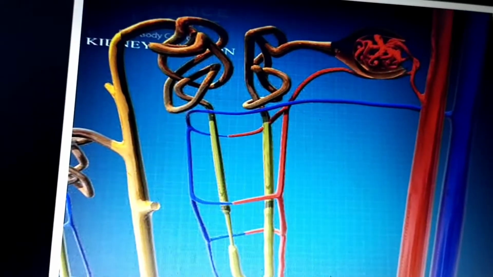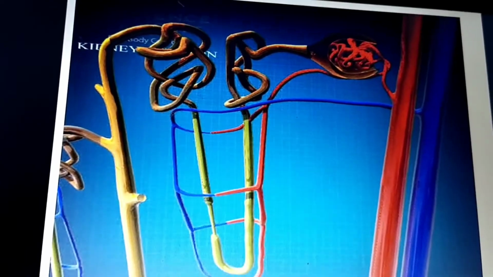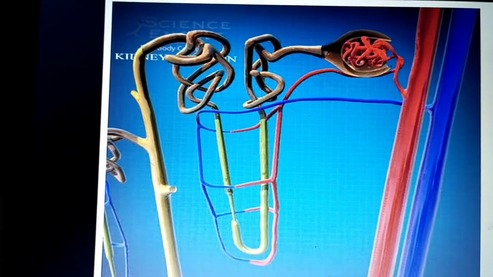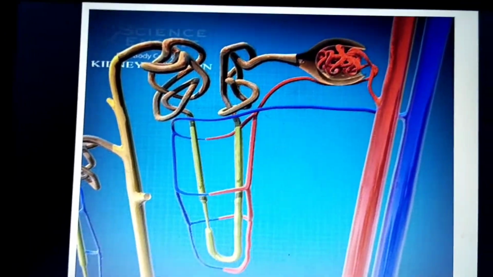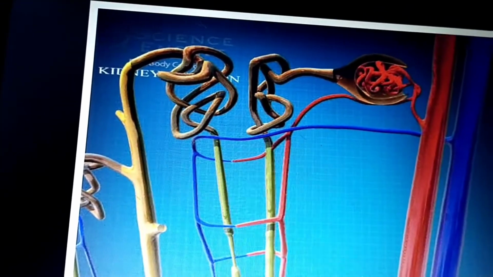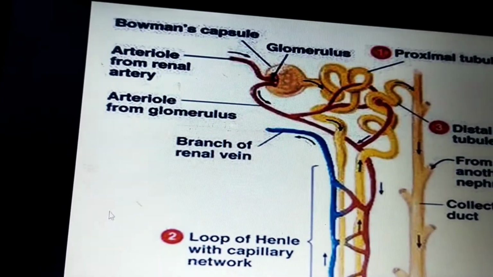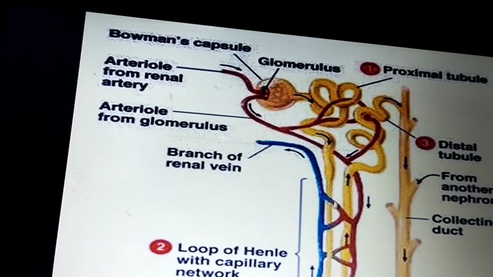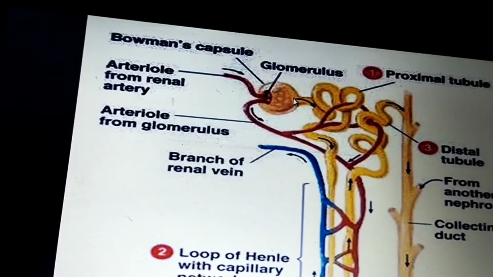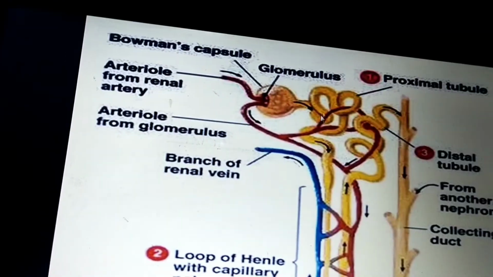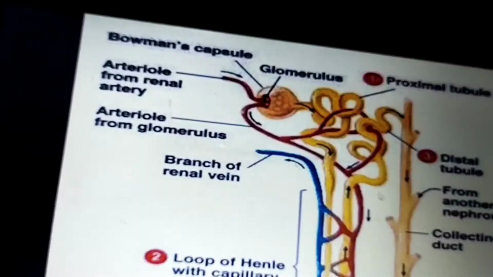Now we can go for the anatomy of the nephron. This is the functional unit of a kidney. You already studied it in PUC. I will only briefly explain the anatomy of a nephron. The nephron is divided into a proximal part and a distal part. In the proximal part we mainly have the glomerulus and proximal tubules. And in the distal part, the loop of Henle.